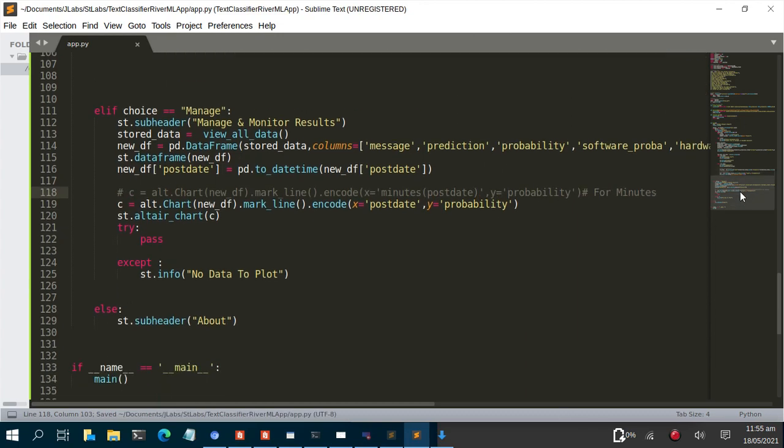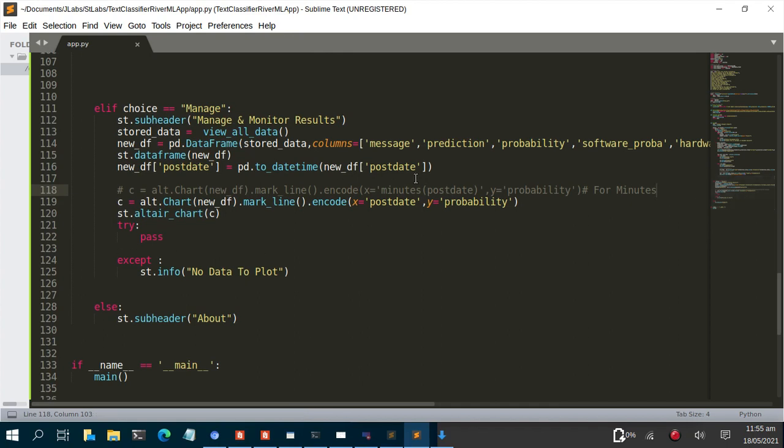Now let's plot not just the prediction, right, and then the probability. I also want to plot for the software and for the hardware. That is where the other one comes out. So I'll do the same thing we did above here. I'll copy the same thing here because it's going to be the same code, and I'll just paste it here. So this option here, right, let's call it c_prob